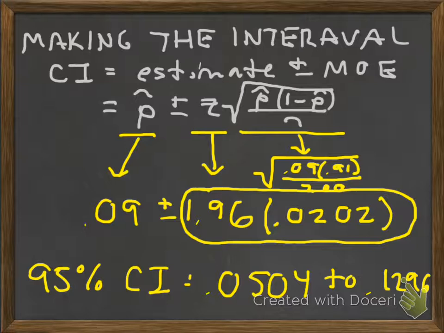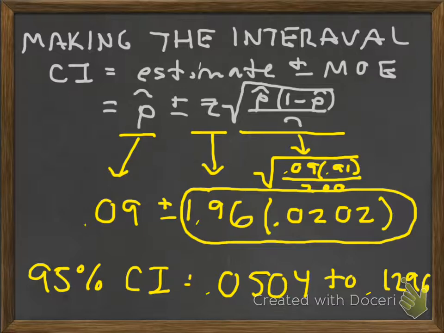to 0.1296. So that means that we are 95% confident that the true proportion of eggs that will be substandard, if we were to check all of the eggs in this place that collects eggs, is between 5% and 13%. We're 95% confident of that. So that was the work we did last week, and if you can handle that work, you're all set for